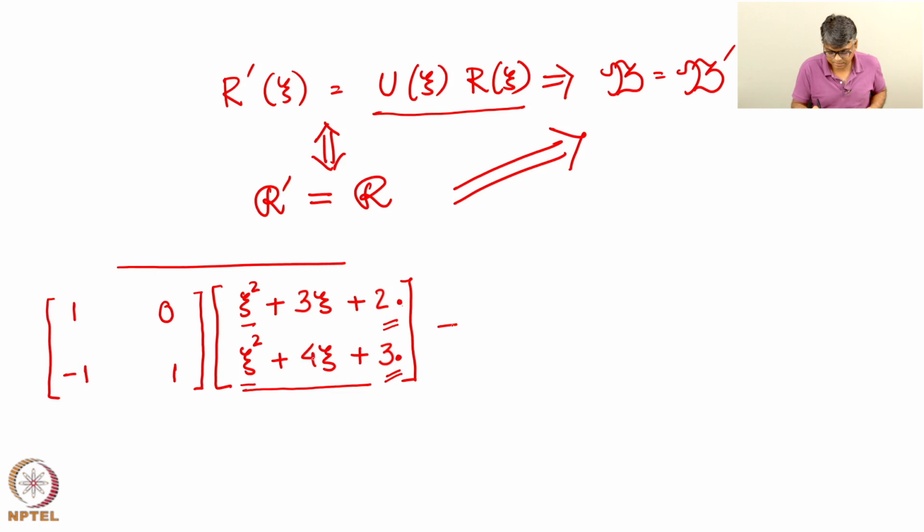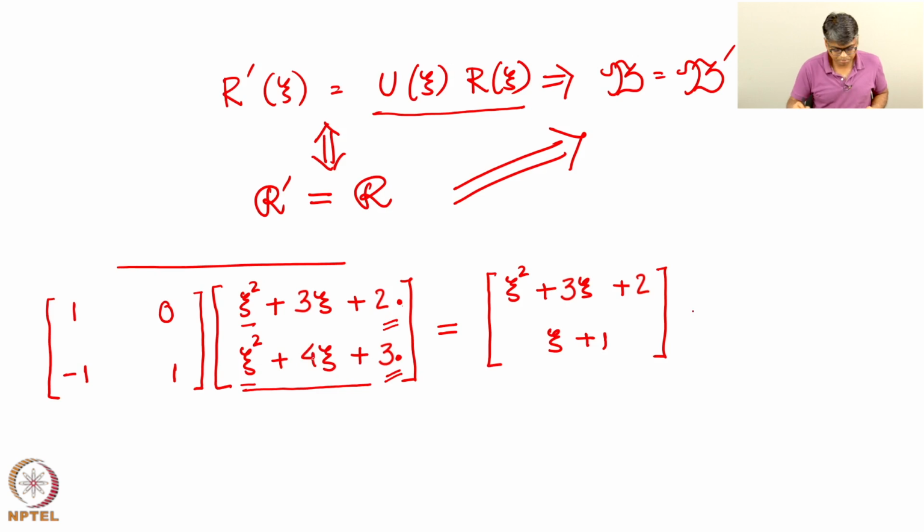Okay. Now, what is the result of this product? The result is the first one is going to be xi squared plus 3 xi plus 2, but then when I subtract I actually get xi plus 1, right. You see, xi squared gets cancelled out, 3 xi minus 2 xi is xi, and 4 minus 3 is just 1. Okay. So, this is what I get,